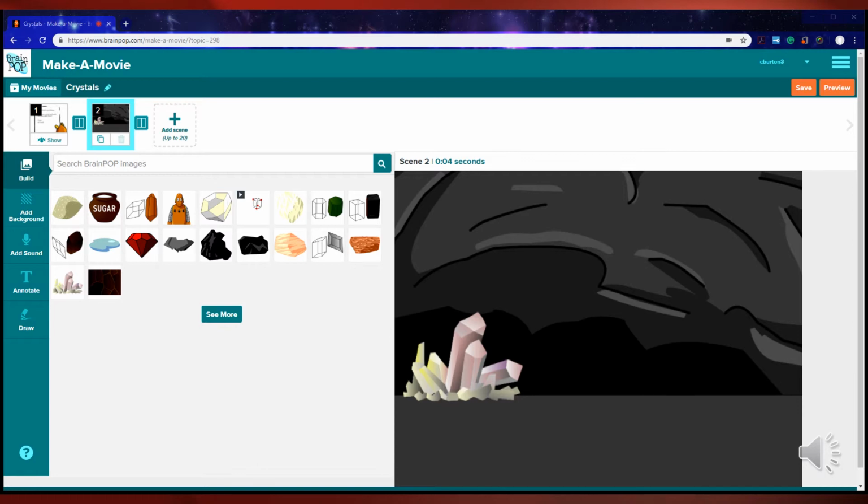It's quite obvious how engaging the movies in Brainpop are to students. So another option that they've added into their system is Make a Movie, where the students themselves can actually go in and create a movie. This can be used in a variety of ways. Just off the top of my head, it can be used to summarize what they've learned. They can create a summary and it can be shared with the class,